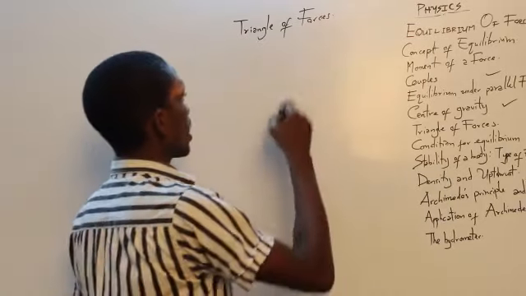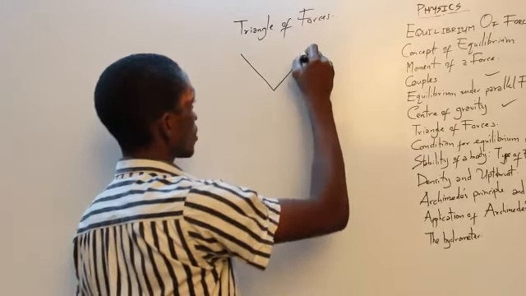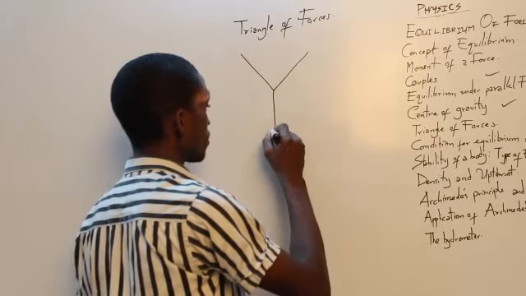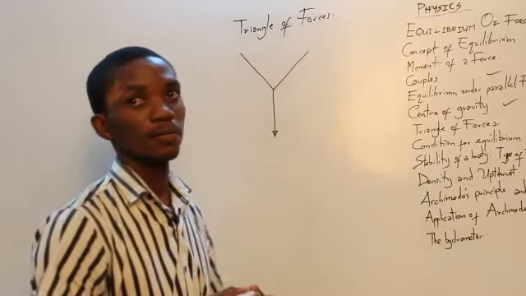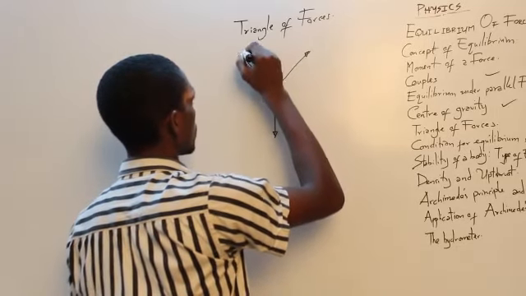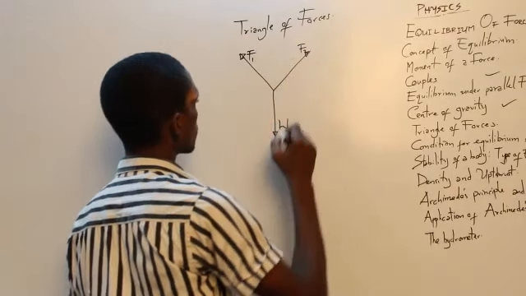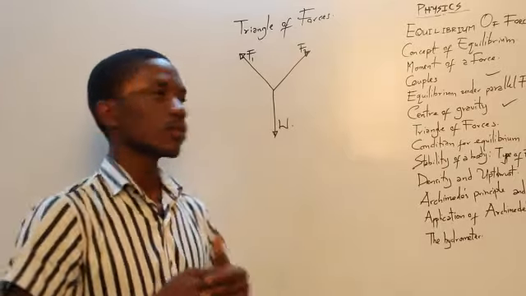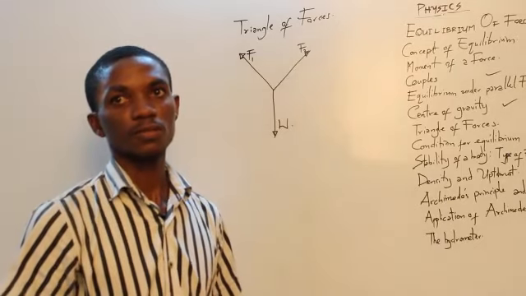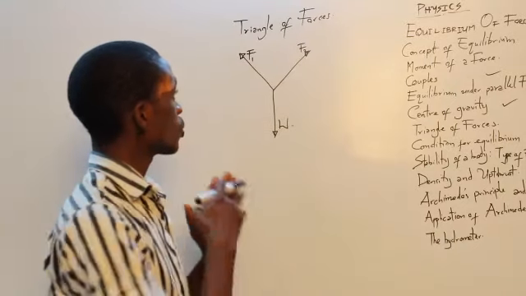For example, you could have two forces acting at angles from each other, and the third force, maybe the weight, pulling through the center. This is F1 and this is F2. Then you have a weight going down the center. Now this kind of creates something like a triangle of forces. Of course, to draw this triangle,